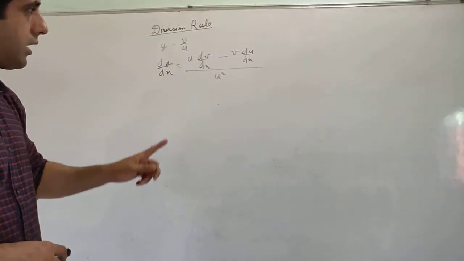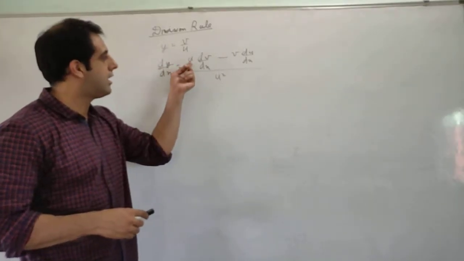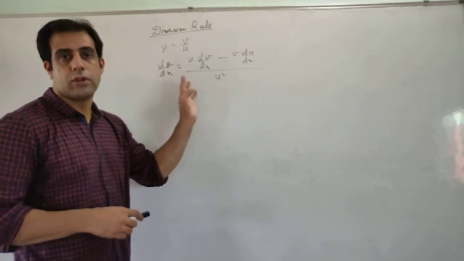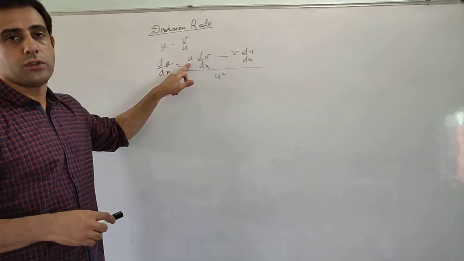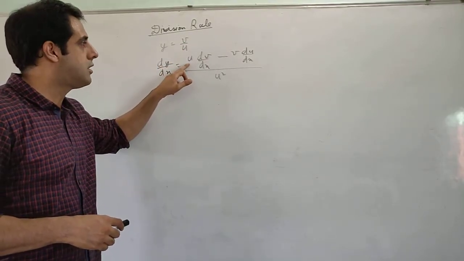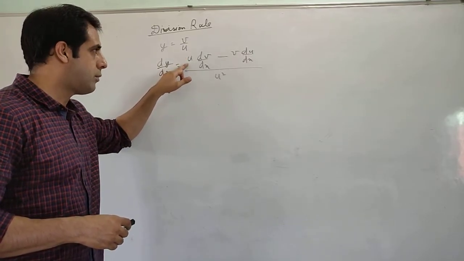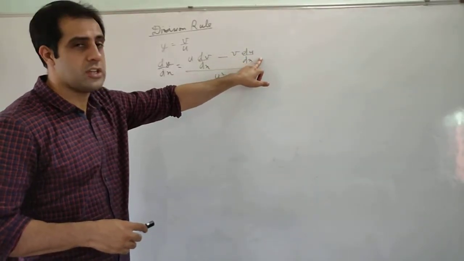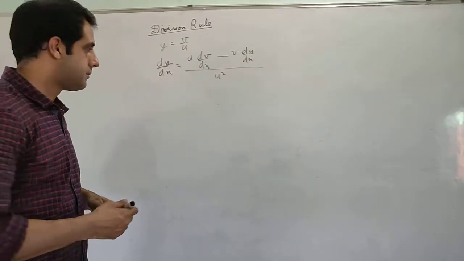We are taking the denominator first. Now the flexibility that product rule had, that you can take any one constant first, ends here. It does not work that way. First you have to take the denominator as a constant. It is a rule. You cannot change it. You cannot take v here, you have to take u. You take the denominator as a constant and differentiate v, minus, and then you take the numerator as a constant and differentiate u, and it will be divided by the square of the denominator.